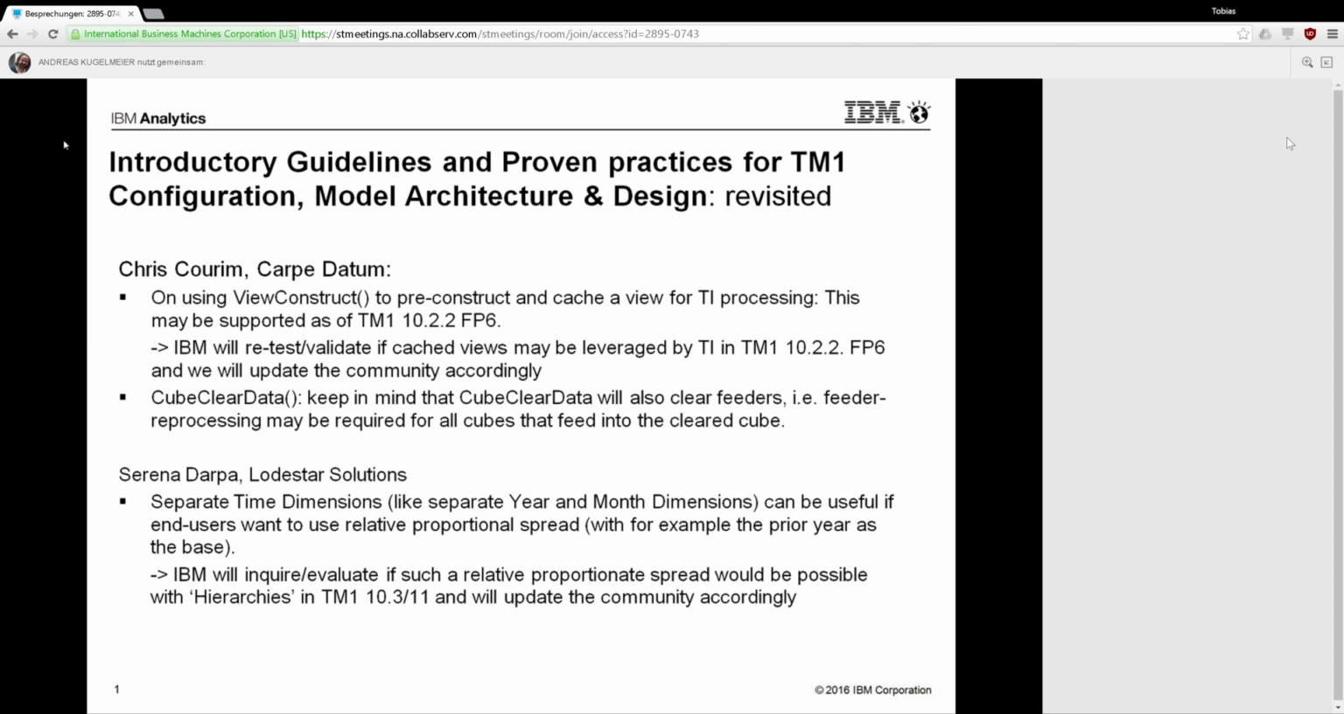Just mentioning on that, this is not a bug, so if this was implemented, this was really just an enhancement. Also, Chris noted a caveat to keep in mind when using cube clear data: please keep in mind that it will also clear feeders. So if you use cube clear data to clear all the data in, let's say, a massive cube, and you're saying that runs faster because the cube is massive and it's faster than view zero out, you will have to process the feeders for that cube as well,